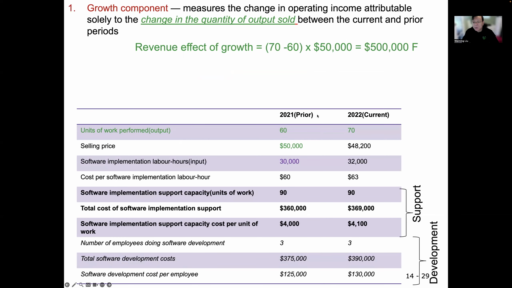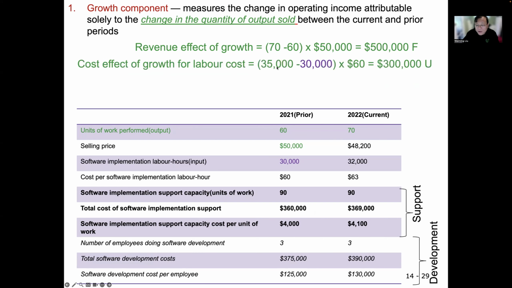The input hours required in the prior period to produce 70 units, the current period output, is 35,000. So someone will say, well, I can see here is the 32,000, right? 32,000 is the actual input for the current output